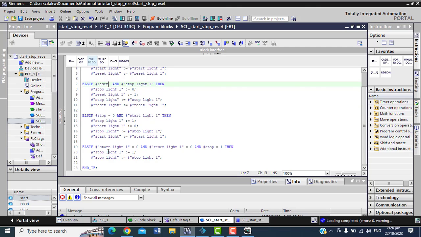So what we can do is create another condition. Say if I just start the program, the start light, of course, start light 1 value will still be 0, nothing will happen. And the reset light value is also 0. And it means they never pressed the stop button. Right? It means when we just turn on this thing, nothing really happens. So what I want to do at that time is make the red light show. We used to do the same thing for the ladder logic, right? In fact, I will show you before I end this lecture.